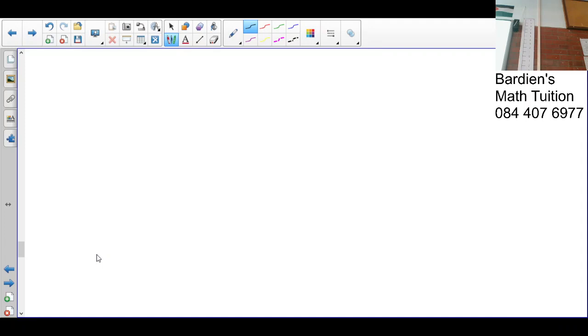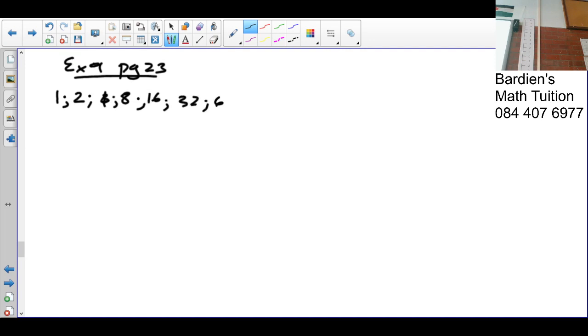It doesn't make sense. Not so? But if you look at the pattern and actually what happens, this is on exercise 9, page 23. The pattern was 1, 2, 4, 8, 16, 32, 64,